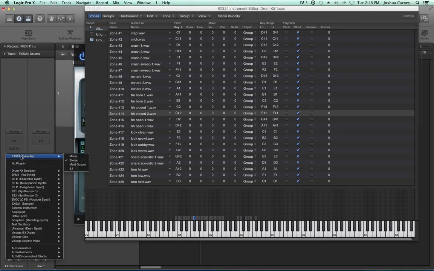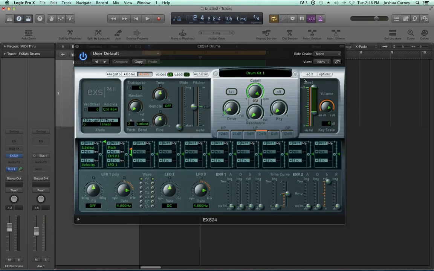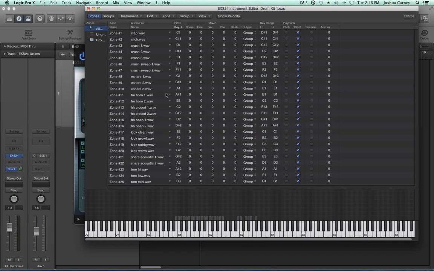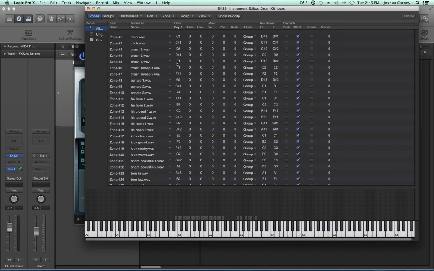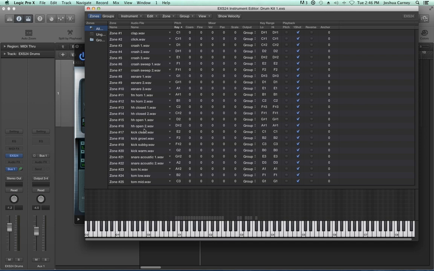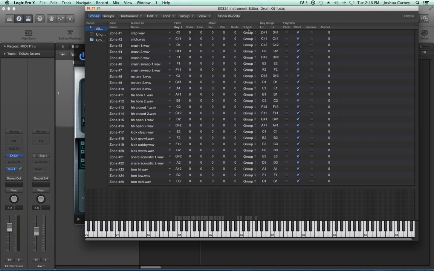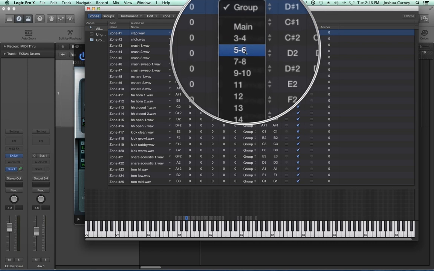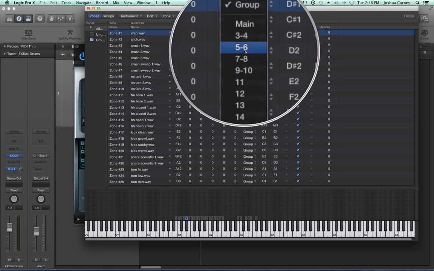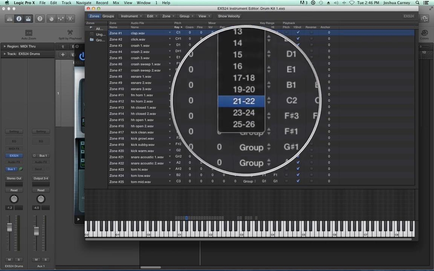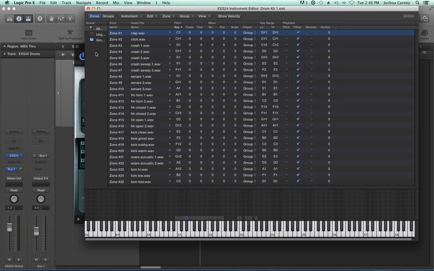So let me just go to my instrument here and choose multi-output, and it just kind of closes the edit window, but the instrument's still here. What we need to do is set an output for each one of these, an auxiliary output for each one of these instruments. You can do that right here in the mixer column under the output, but I'm going to do it differently, and you'll see that it's kind of similar to what the Ultra Beat had, except we have more added stereo buses here. I'm going to do it a little differently to introduce a new topic,